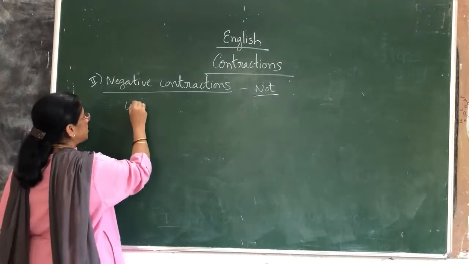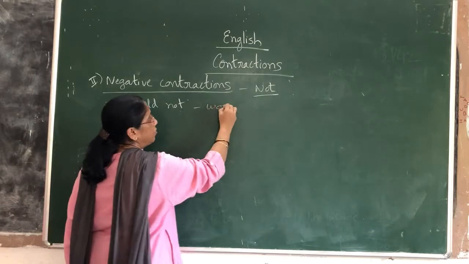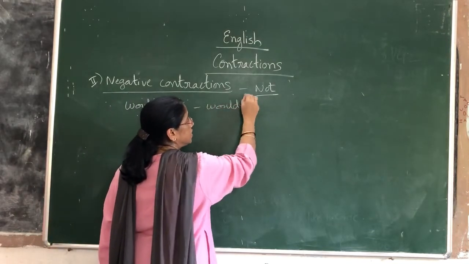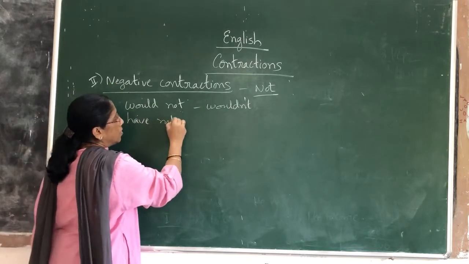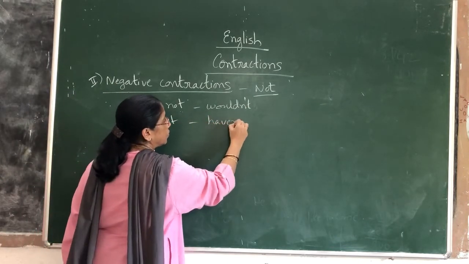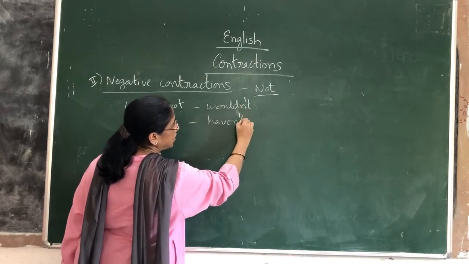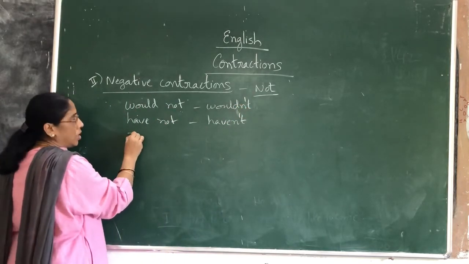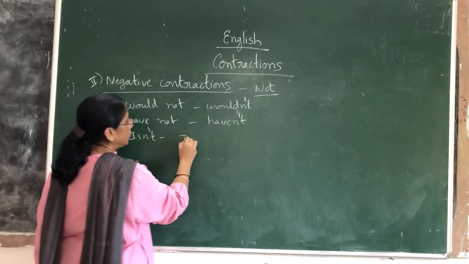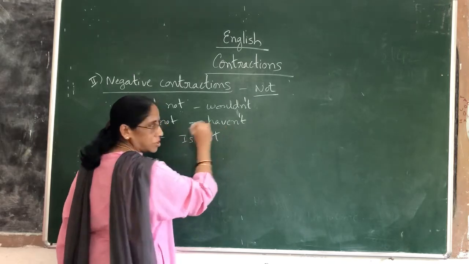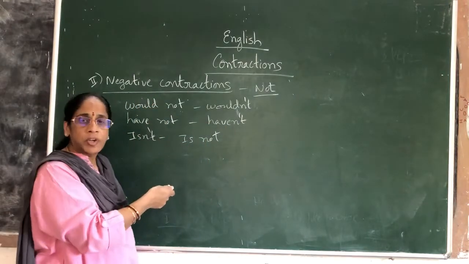So, just an example, see here, ma. Would not. How can it be written? Wouldn't. Even while pronouncing, see the difference. Wouldn't. Have not. Haven't. Okay. See the apostrophe where I am putting it. Wherever the letter is missing, see here, ma. Next. Isn't, I am saying, ma. What do you mean by isn't? Full form is is not. Okay. Like this, not also can be used. Not also can be contracted.